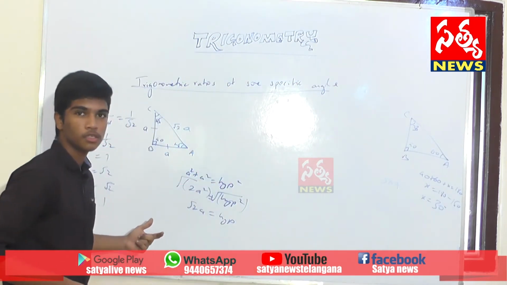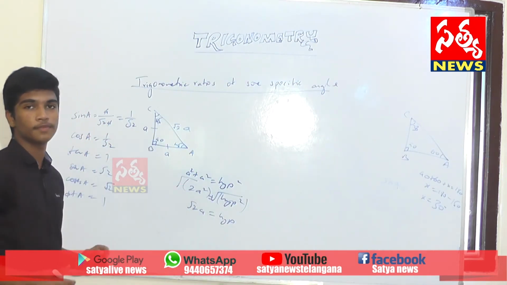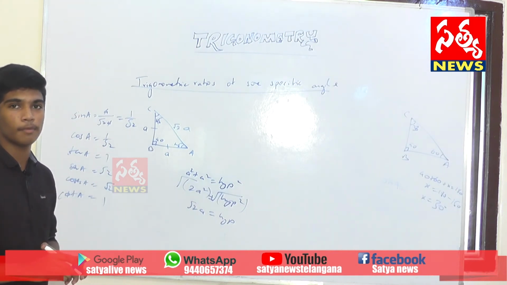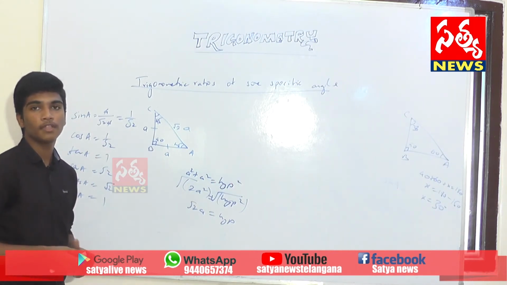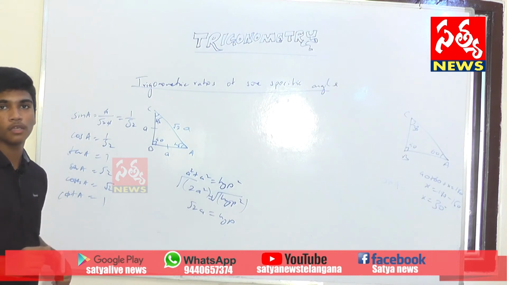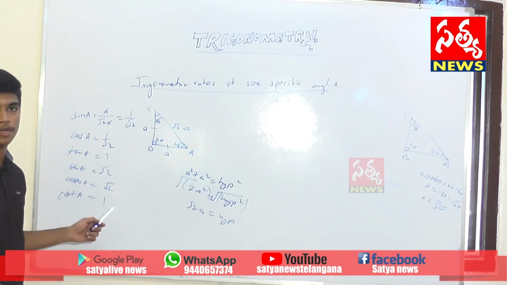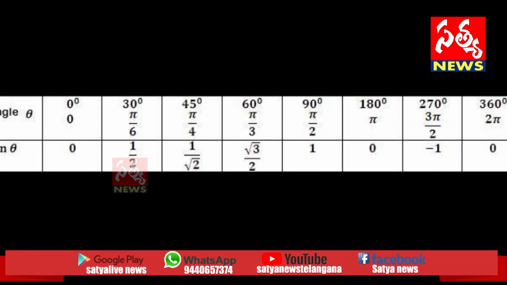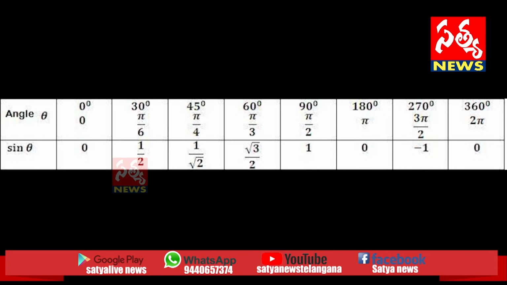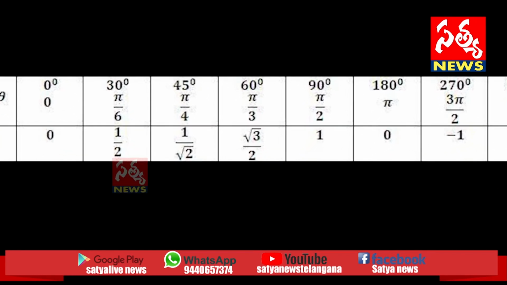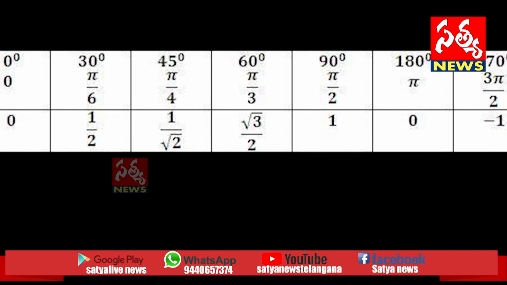First of all, copy this. I will say a table which is very important, and this is a basic table you have to remember compulsory. Without the table, you can't do anything. So first of all, please copy it down. Sin 0 is 0, sin 30 is 1 by 2, sin 45 is 1 by root 2, sin 60 is root 3 by 2,